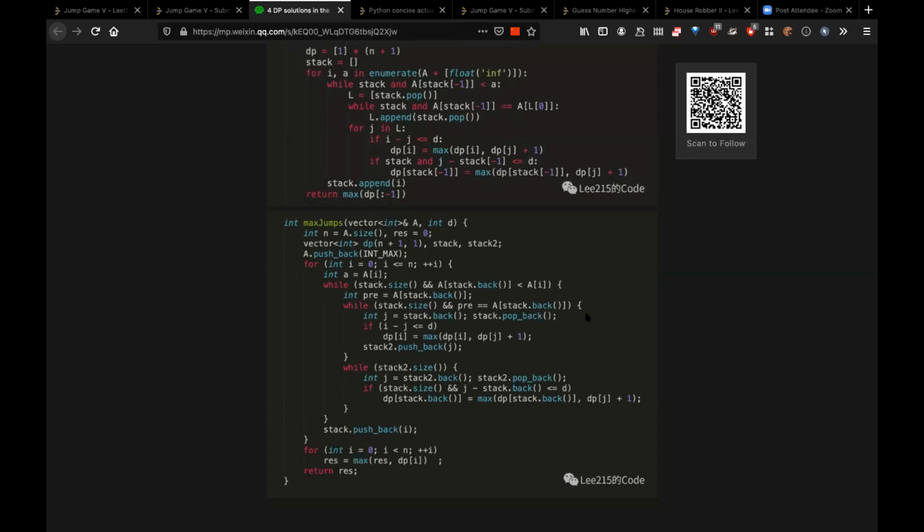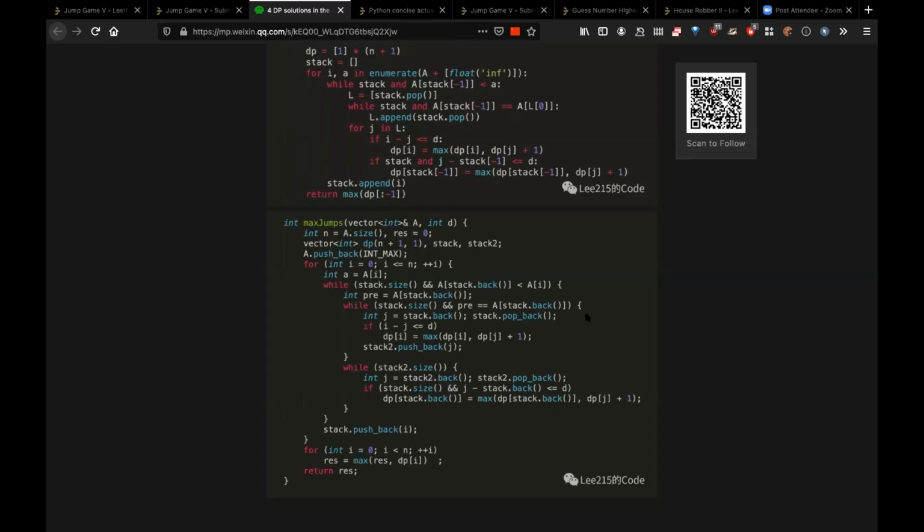There are two while loops. Okay, one is a pre. So the pre where he's comparing is only comparing in the first while loop. Okay. So the second while loop is for the current stack, right?